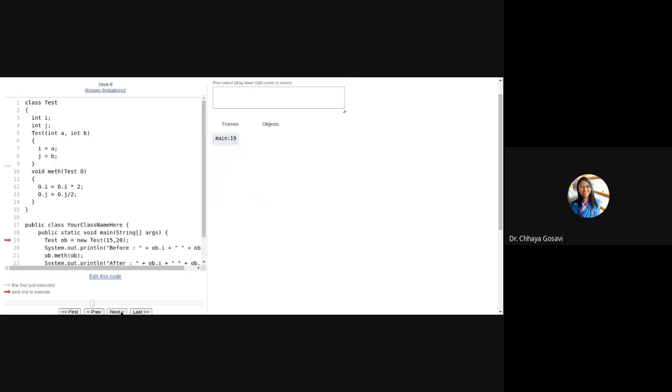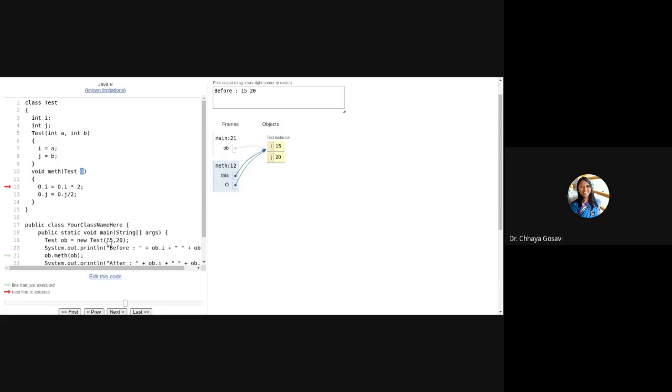So when you display this before this statement, ob.i and ob.j, it will be 15 and 20. Now you call this method with a parameter. Instead of passing a and b or i and j, we are passing an object ob to this method. So note that o and ob are pointing to the same object. Here I am passing ob and I am putting it in o.